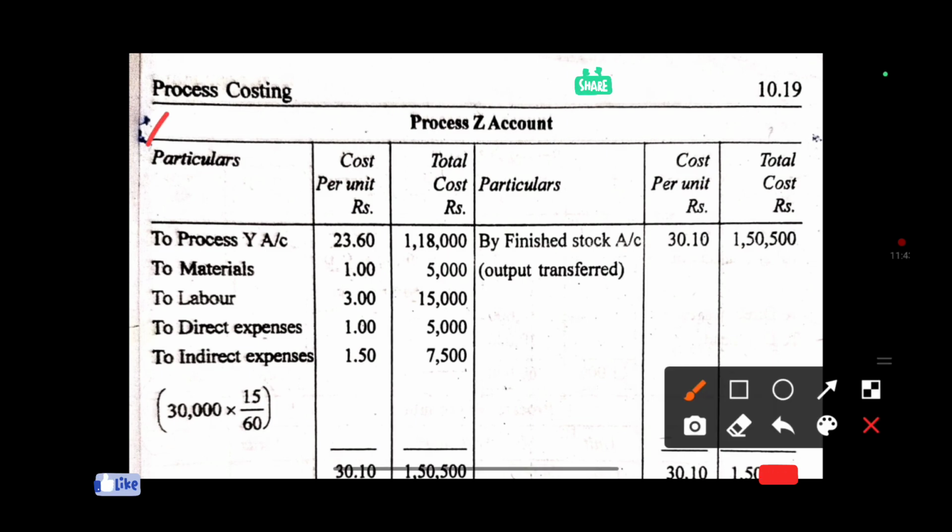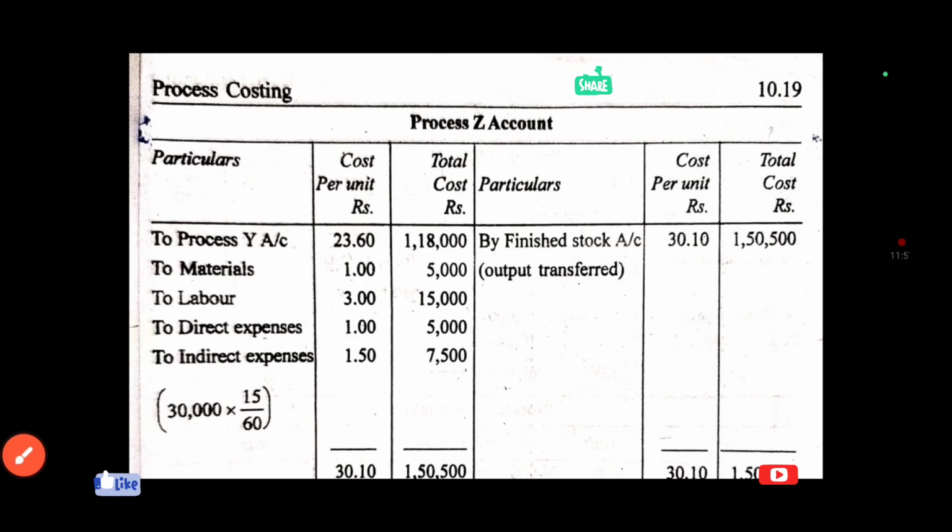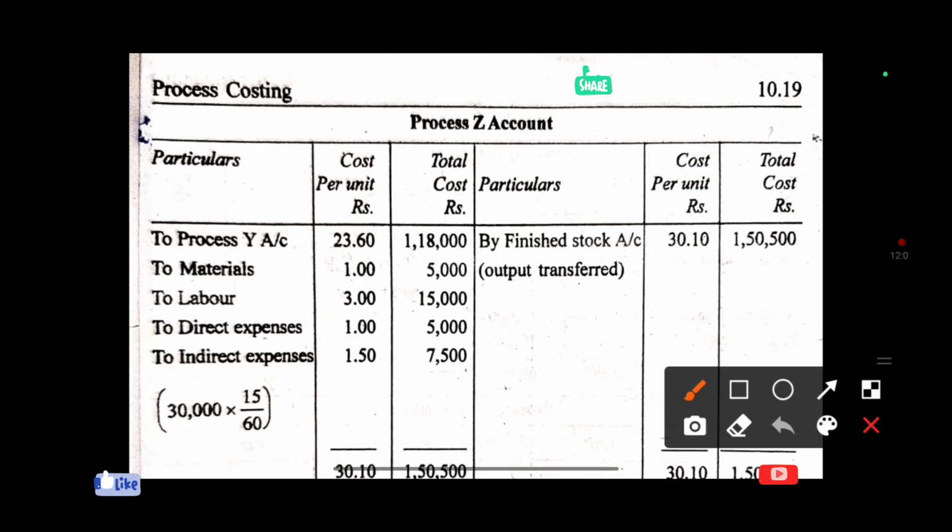The same format you know, the T format. Like a ledger account. So for that always start with the word 'to' on the debtor side, and the word 'by' on the creditor side. First entry, what entry you are going to enter on process Z account? We need to take the output from process Y account,